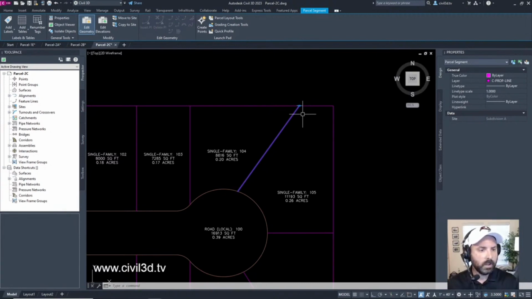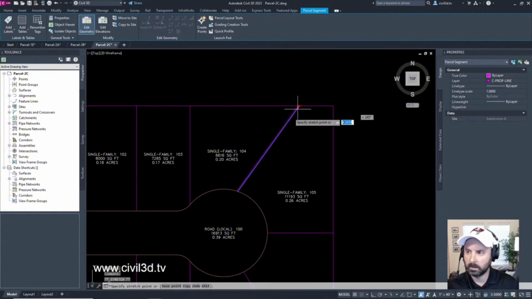This grip is available on attached lot lines, which are created with the slide angle, slide direction, and swing line precise sizing tools available in the Parcel Layout Tools toolbar, which is what we've been going over in the previous tutorials here. You can use this grip to slide the lot line along the lot line to which it's attached. So we'll go ahead and do that.